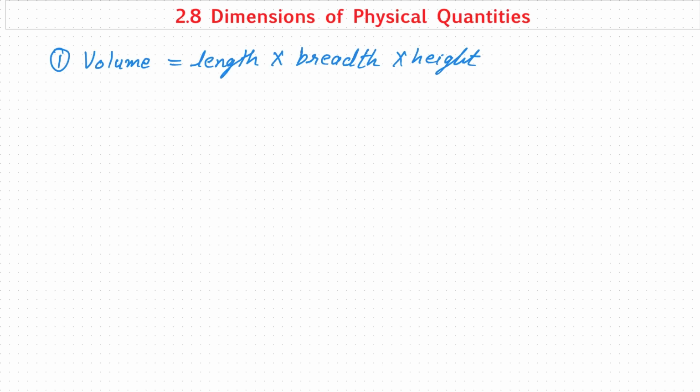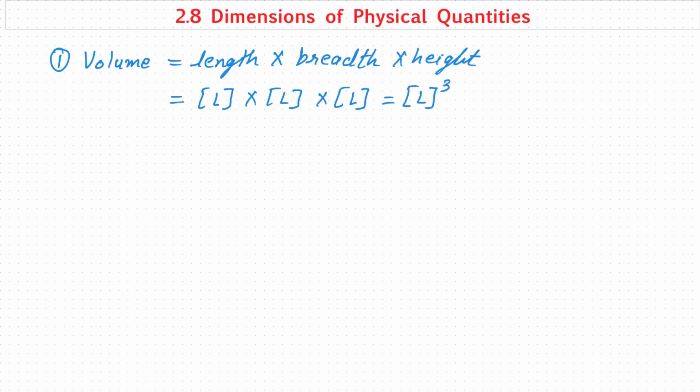So in that manner, we can write the dimension of length as L in a bracket. Again, for breadth also we can write L in a bracket, and for height also we can write L in a bracket. That means as a whole we can write